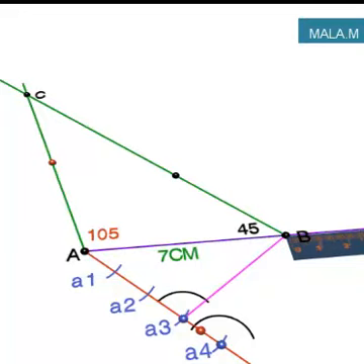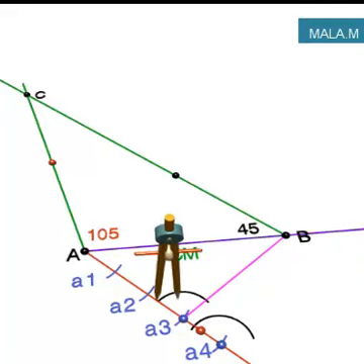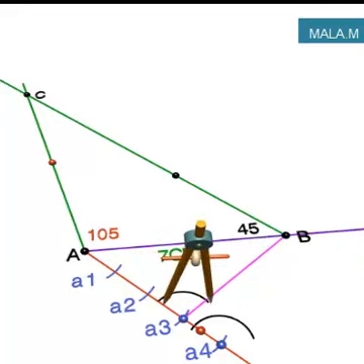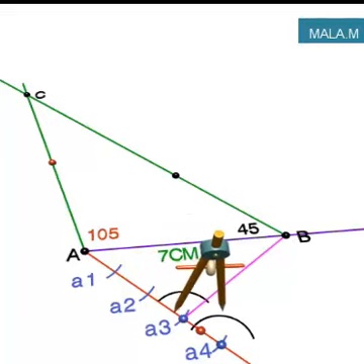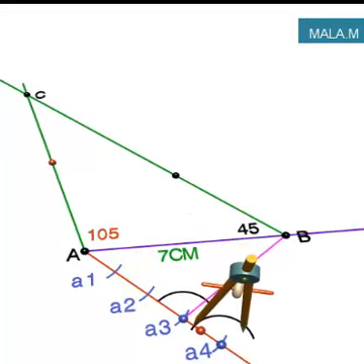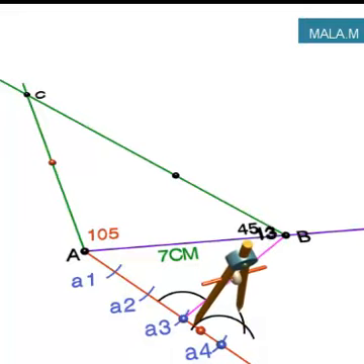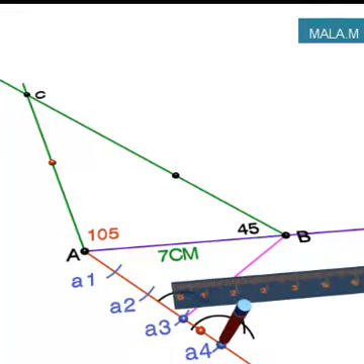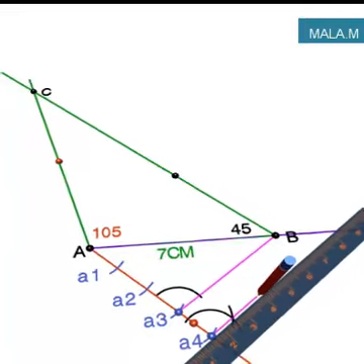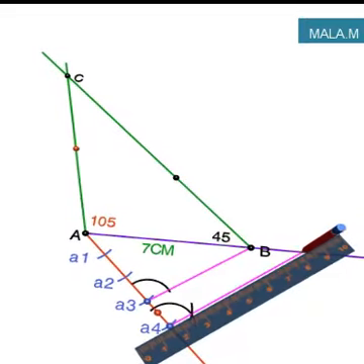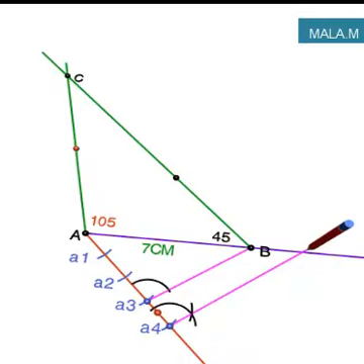Next again, keep your compass pointers on the extreme points of the arc which was constructed at point A3. Now from that length, cut the arc which was constructed at point A4. Draw a line segment from A4 through the intersection points of the two arcs and extend that line segment up to the AB line. Now mark the intersection point and give a name to that one as X.